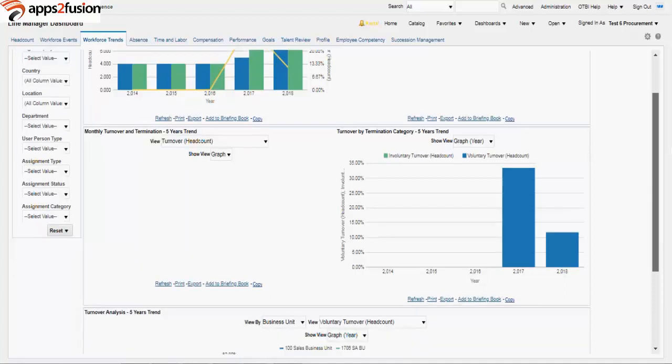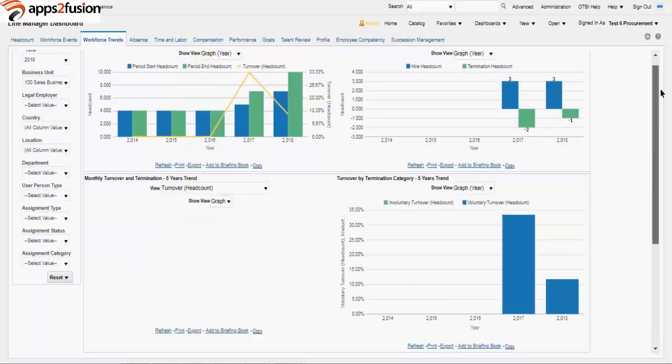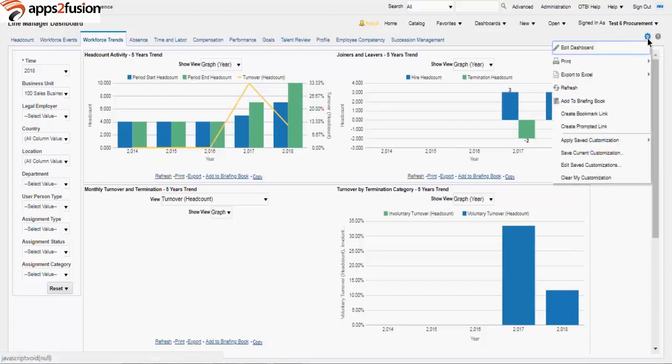Whenever we need to customize the dashboard, we need to come over here and click on this, and the options which come up are edit dashboard,